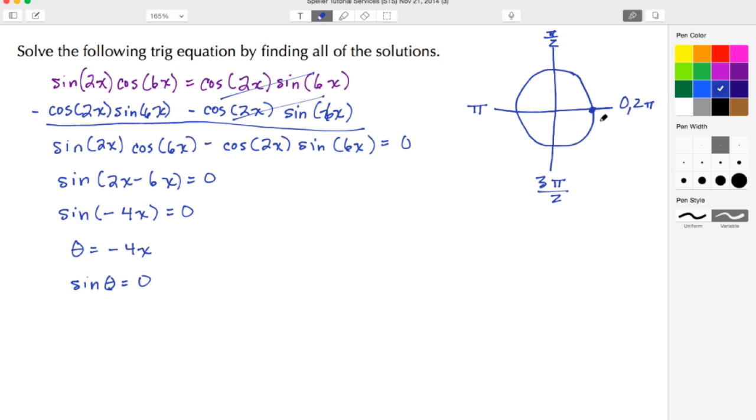So here I went over 1 unit and I didn't go up or down, so that's at position (1, 0). This point here I didn't go left or right, so my x value was 0 and my y value was a positive 1 because I went up. This location here I moved to the left 1 unit, and I didn't move up or down, so the y value is 0. And down here at 3 pi over 2 I didn't move left or right at all, but I did move downward, so that's negative 1 units.